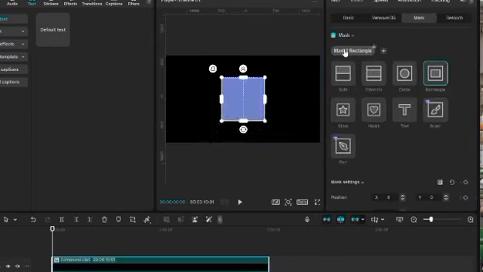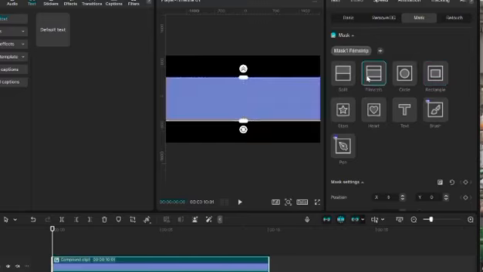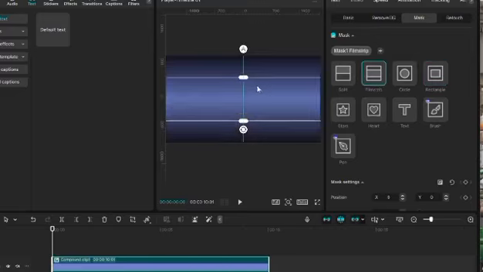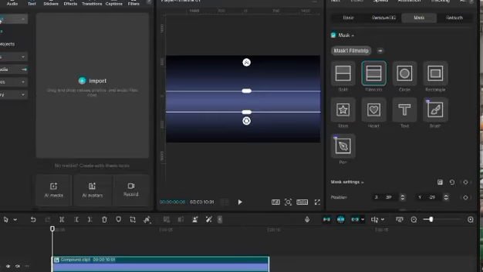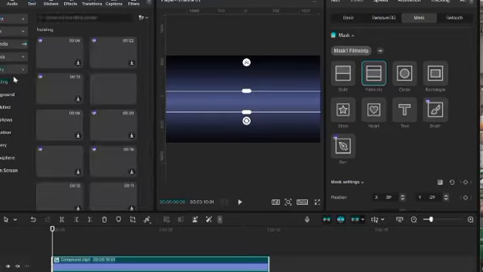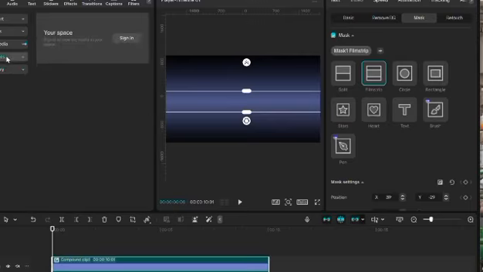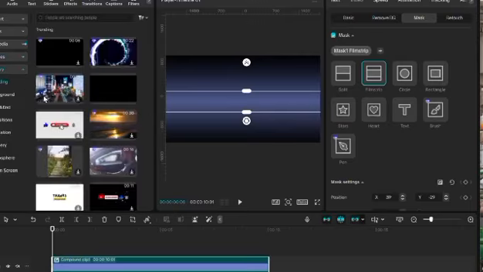mask. And let's create a mask. It's up to you guys which one you want. For me, it is like this, and you can adjust and play with the feather as you want. Then for me it is this. Okay, then I'm going to find particles in the library, guys.